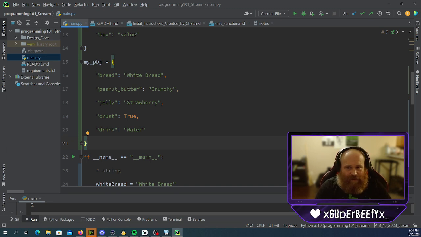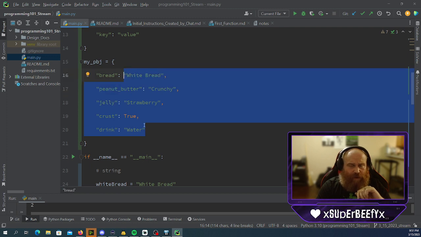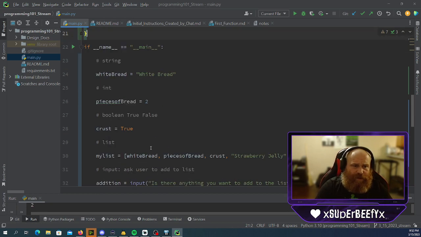So the reason that we have this data type, one, it gives us a structured form of data. So anytime I deal with a PB&J, I can reference this key, I can reference this key, I can reference this key, and I can change these. We'll talk more about how that looks when we get into object-oriented, because then we can start using instances of things. But for right now, if I wanted to say